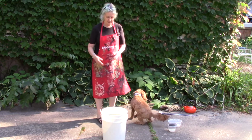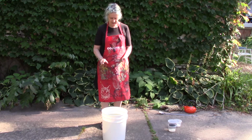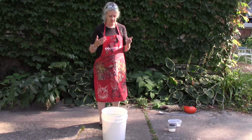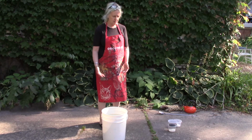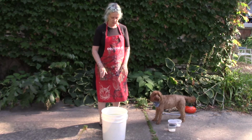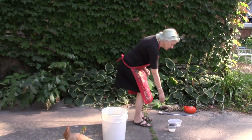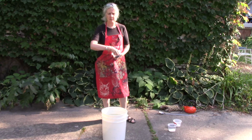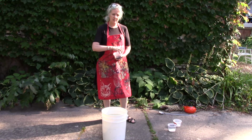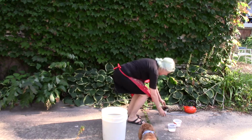All right, so my vat, or dye vat, is, I would describe it as, just over three-quarters full of water. You can see on that side, I got water just from my hose, and I put this out, it's now around 4:30, it's been sitting out here since around 1 o'clock, so the water is reasonably warm. First thing I'm going to do, now you will have all of your ingredients in Ziploc bags that have been measured out for you. So the recipe calls for 20 grams of indigo, adding that,